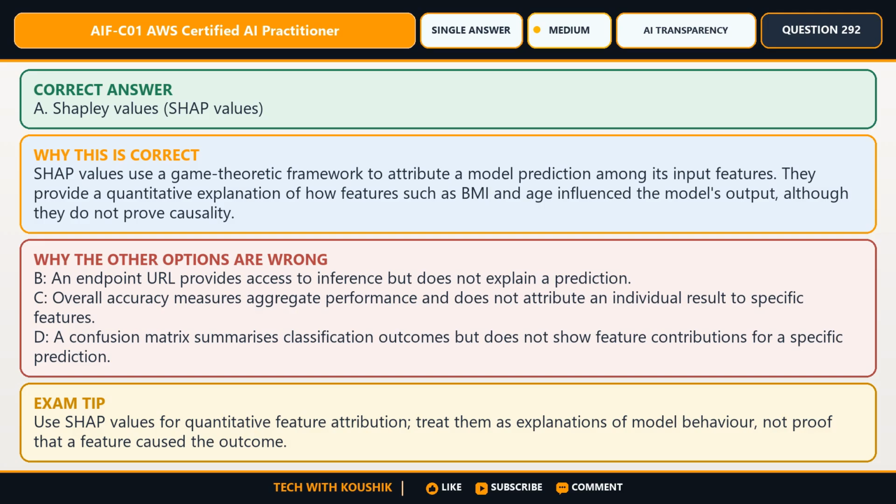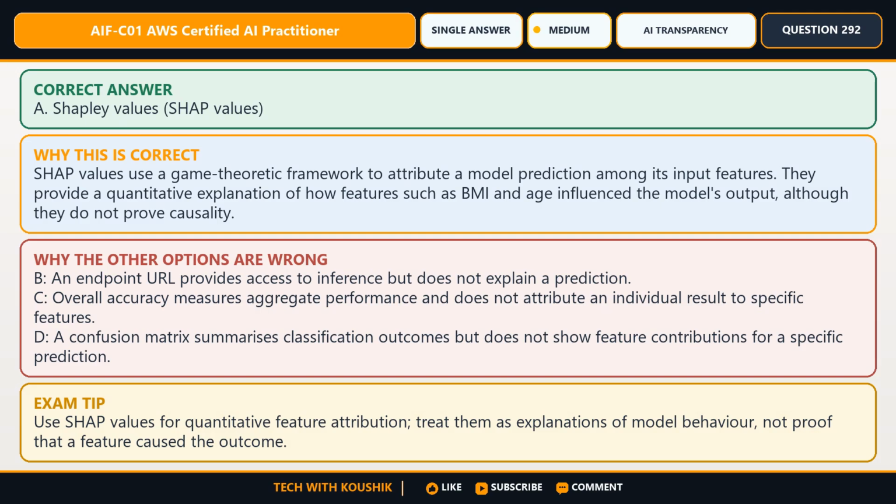B, an endpoint URL provides access to inference but does not explain a prediction. C, overall accuracy measures aggregate performance and does not attribute an individual result to specific features. D, a confusion matrix summarizes classification outcomes but does not show feature contributions for a specific prediction.